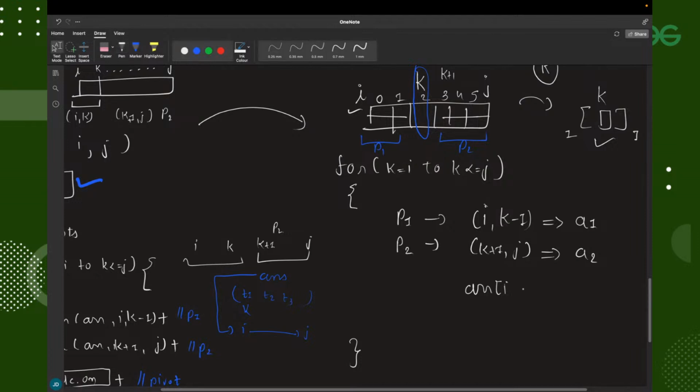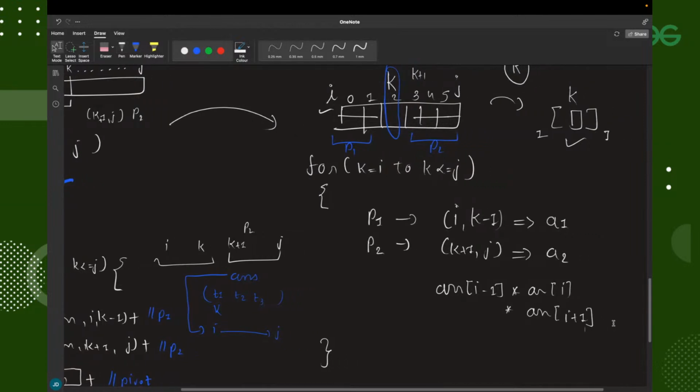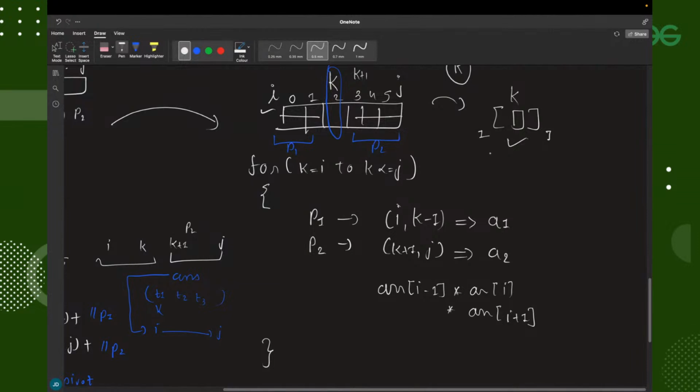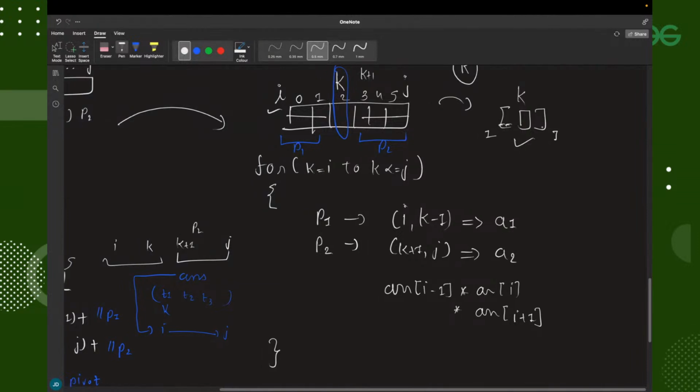So what would be the formula? The formula to burst the ith balloon is array of I minus 1 into array of I into array of I plus 1. This is the formula. But over here I am showing that everything will be covered from its left and right hand side. For this kth balloon, everything will be cleared out from its left and right partition. So it is not possible that there can be some balloons remaining on the left hand side of partition 1, and some balloons remaining on the right hand side of